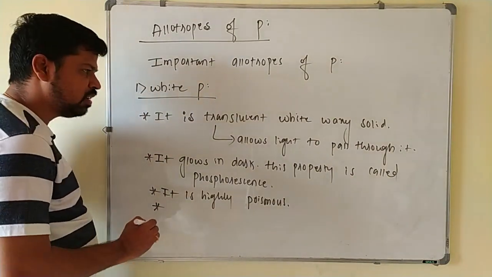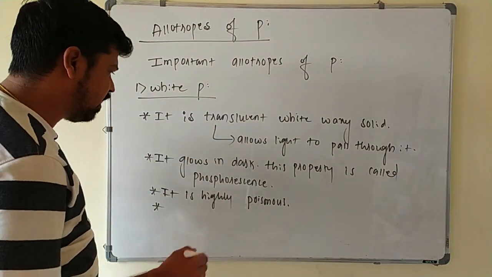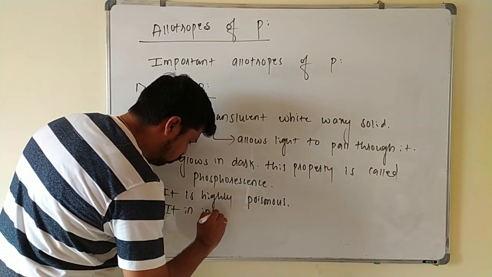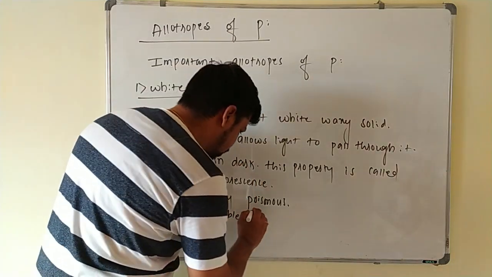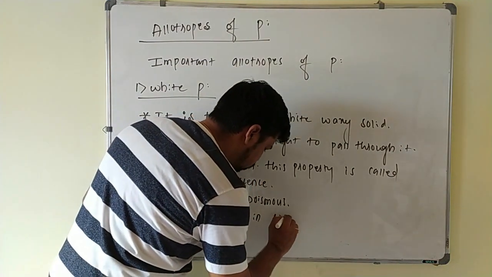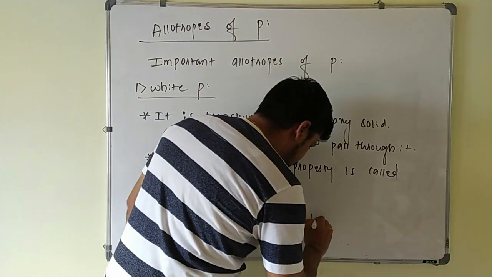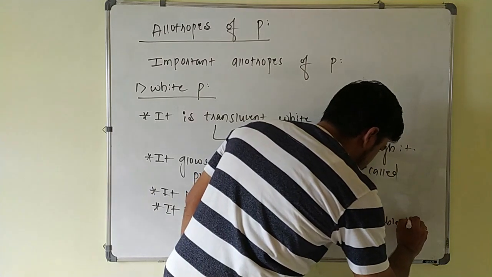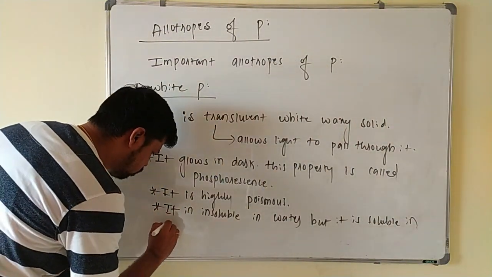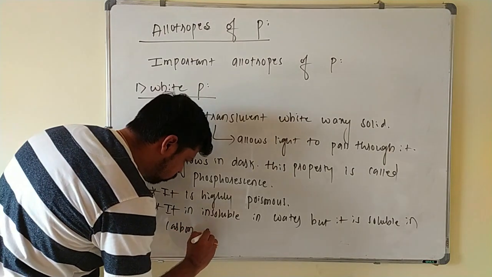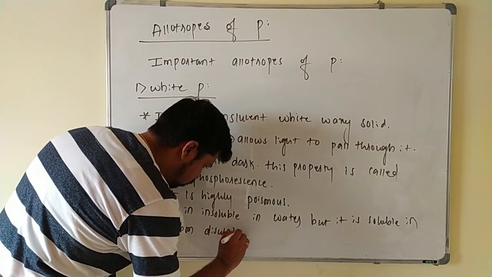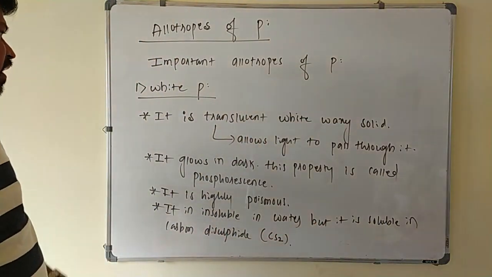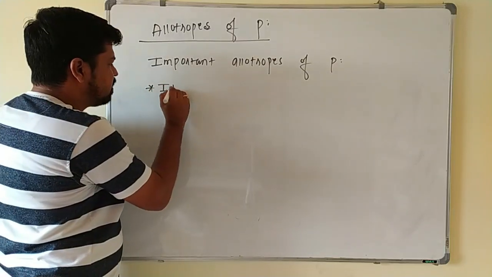And its solubility is, it is insoluble in water, but it is soluble in carbon disulfide. This carbon disulfide is nothing but CS2. Okay, the next point is it exists as